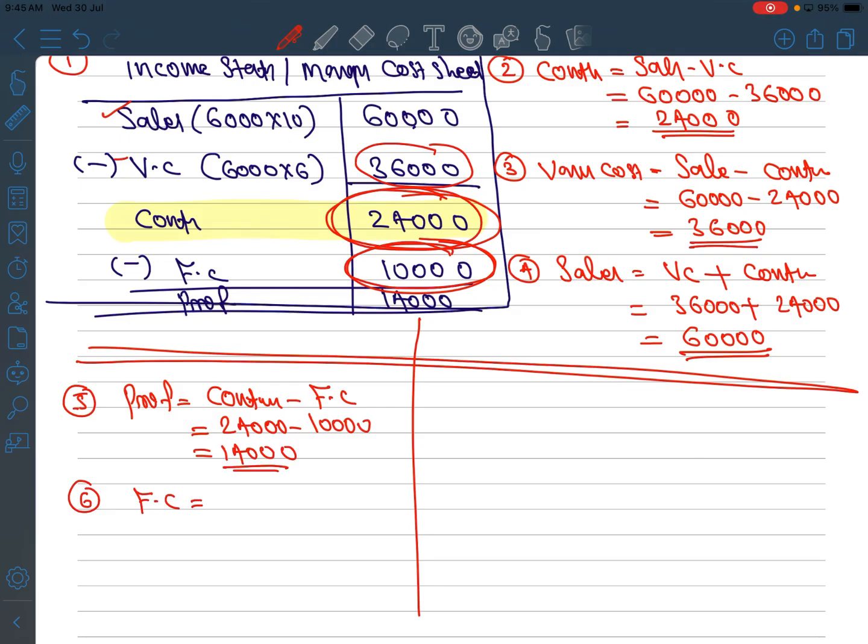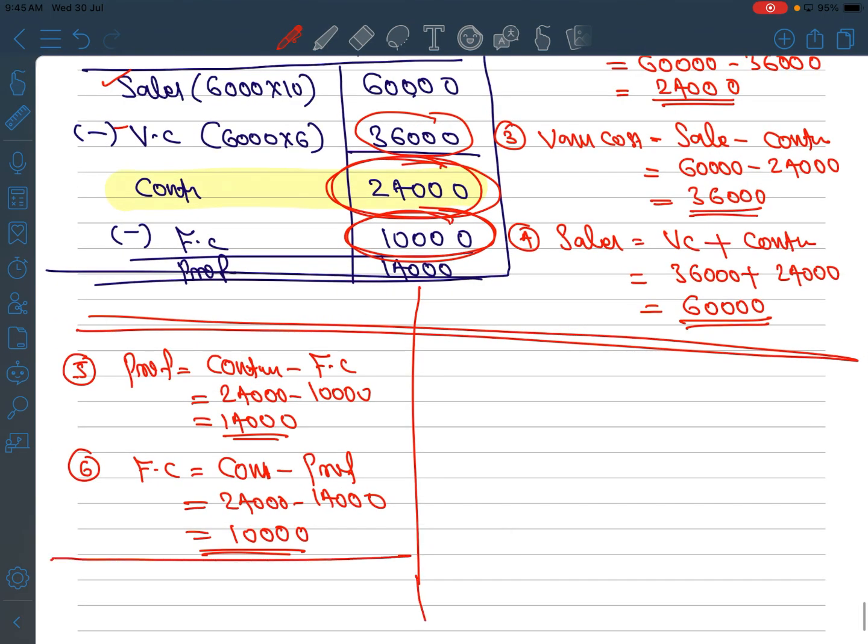Okay. Fixed cost is equal to contribution minus profit. 24,000 minus 14,000 is equal to 10,000. Next,